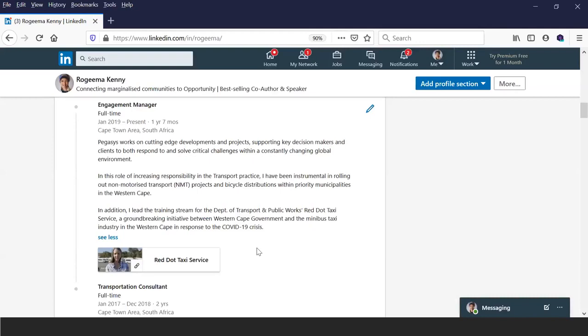It also gives a nice context in terms of people. It makes it real, because people can see what kind of projects you're doing and what kind of work you're doing, instead of just thinking, oh, what do you actually do at work? Like, I know you work in transport, but the transport system in Cape Town is still broken, so clearly you're not doing any work. This just makes it real for people, and it gives them something that they can interact with in terms of a rich media piece.